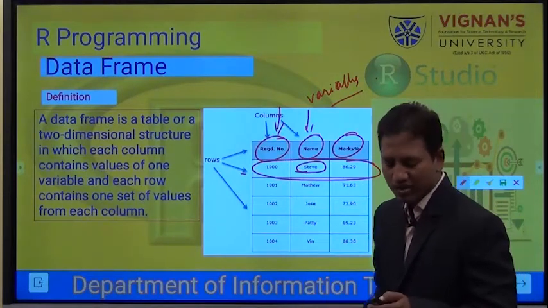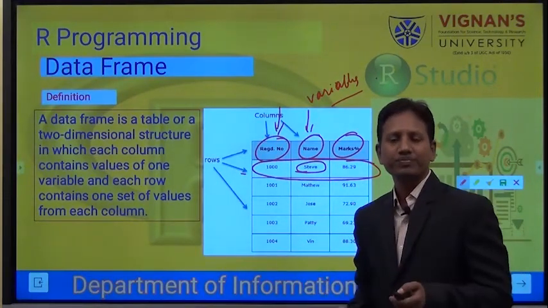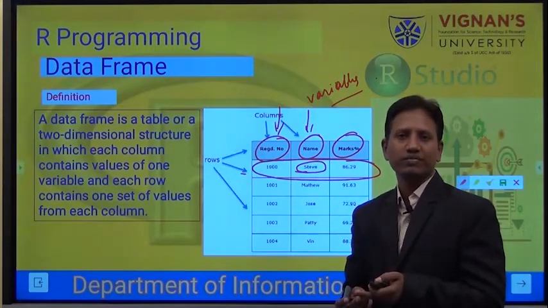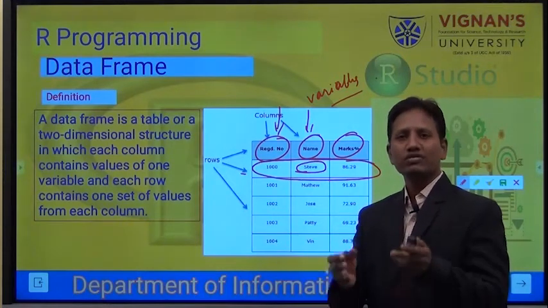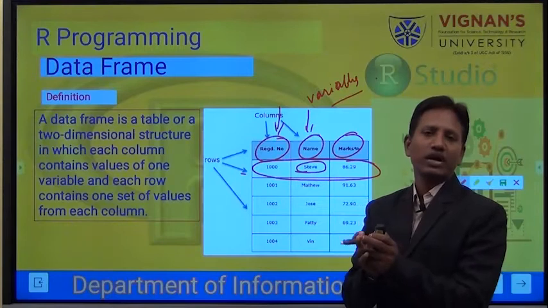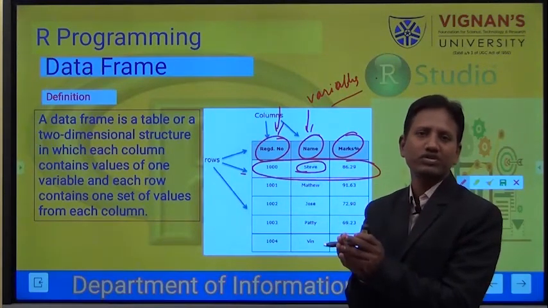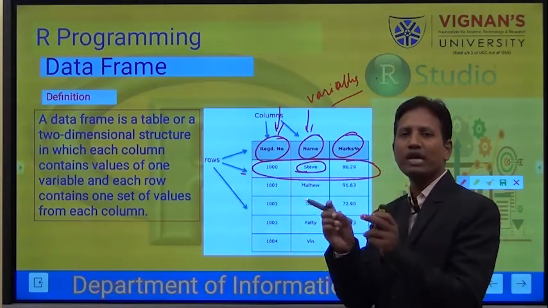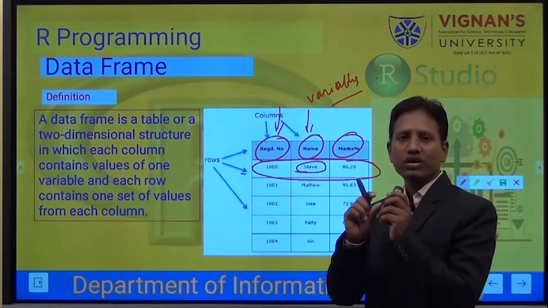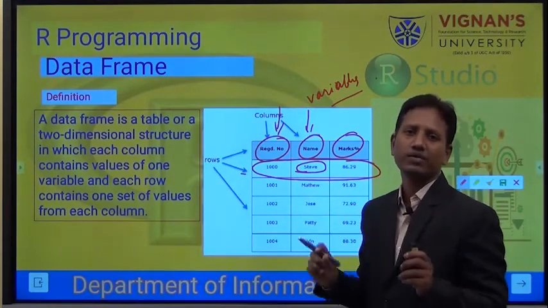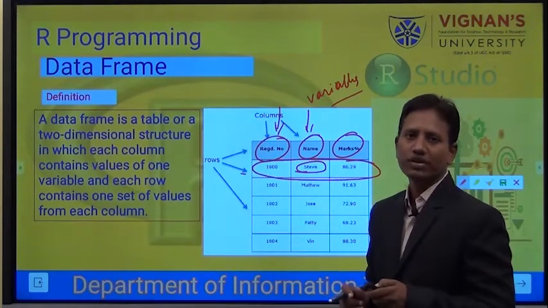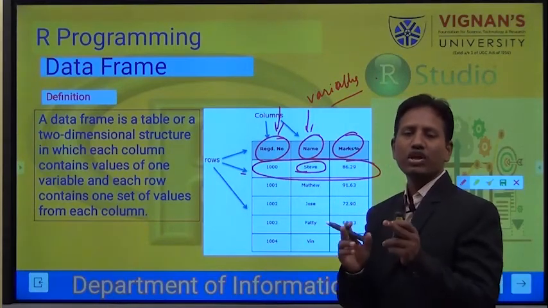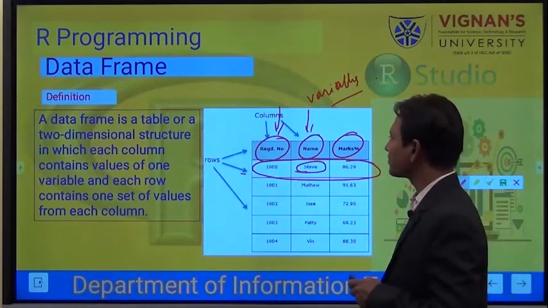The same way, if we take any company, their employees data or their production data, like if they produce some item, what is the item name, what is the quantity of that item, on which date it was manufactured. In this manner, we pick different features, variables, and to those variables we go on writing the data. That's going to be a row format. So this is a data frame, which is represented in two-dimensional or table format.